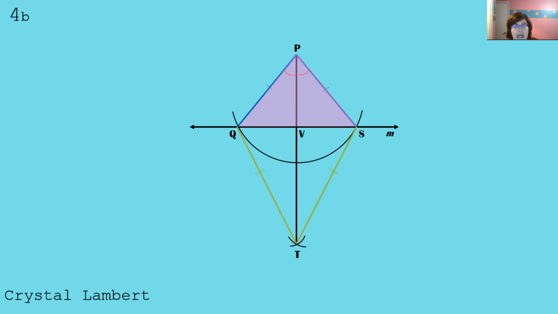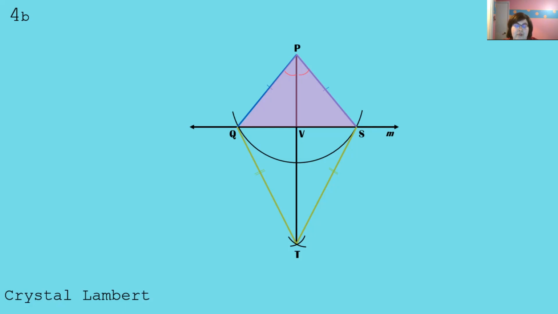We also know that line M is a straight line that is shared by both triangles or both angles. And P is divided down the center. So because the big angle QPS is divided down the center, and that gives us those two individual smaller angles,